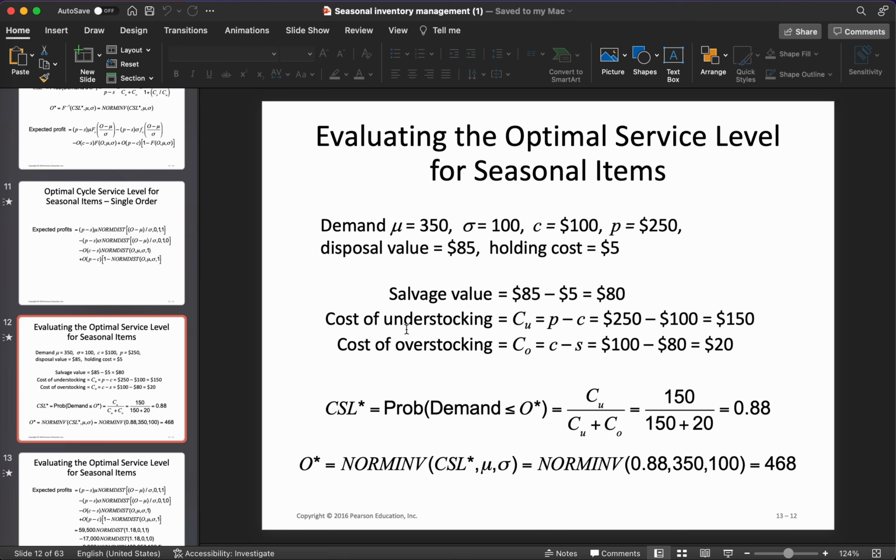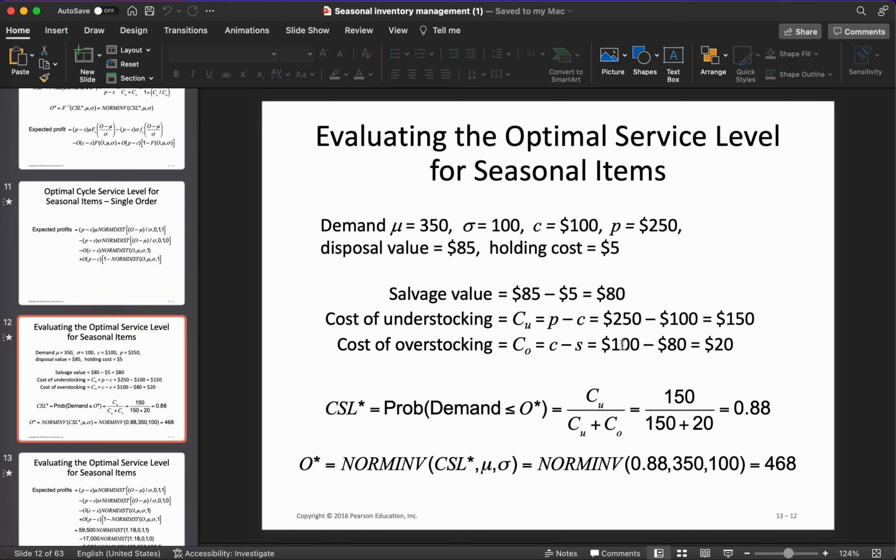First we'll calculate the cost of understocking. What is the cost of having one fewer jacket? That's the potential profit that you could have made, which is $150. What's the cost of overstocking? The cost of overstocking is the difference between